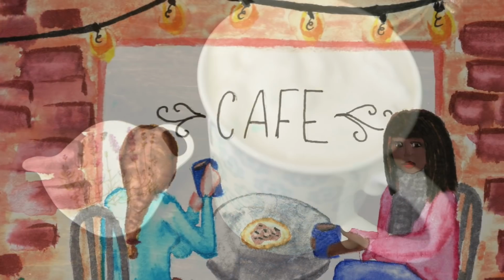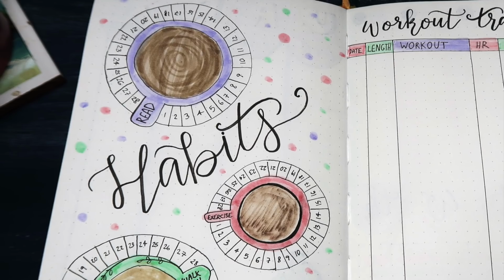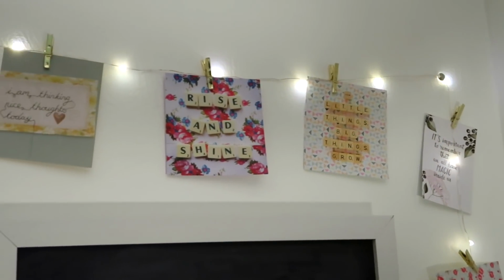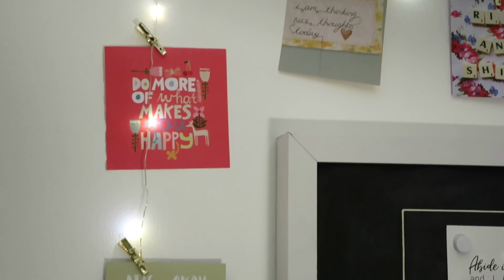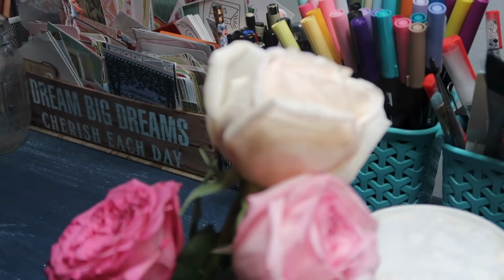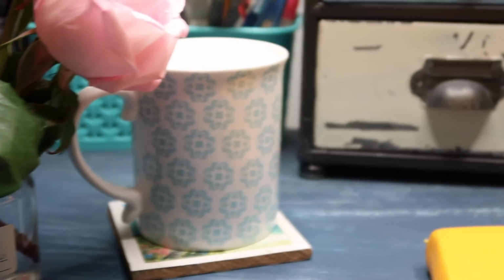It's only appropriate that I start off this video by making a cup of tea, because today we are doing our February bullet journal setup in a cafe-inspired theme. I really love this theme. I thought it turned out really well. Lots of pastels and just really lovely illustrations to bring in not only the cafe theme, but I feel like it also has a really romantic, fun ambiance for the month of love that we all know and love as